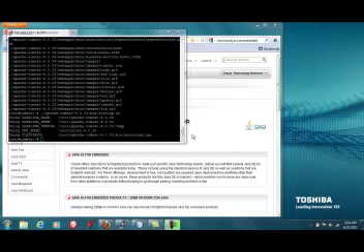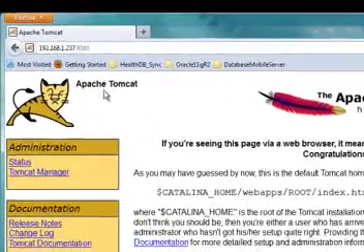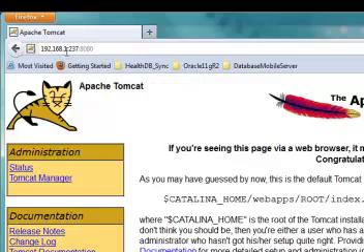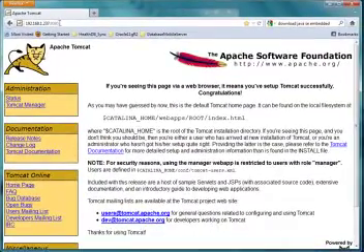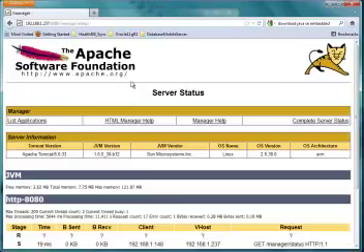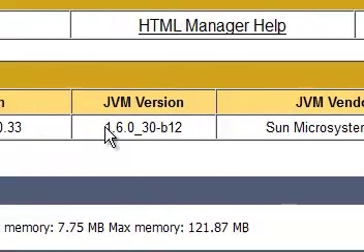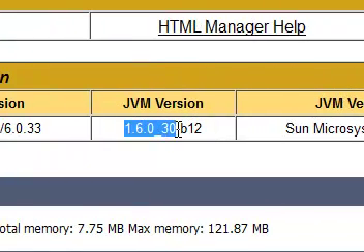With our web container installed, now we can access our data aggregator device from a standard web browser. We'll do that now at the address mentioned earlier, 192.168.1.237, and in this case at port 8080. What you see is the Apache Tomcat banner page show up. We can confirm that in fact we're running on our embedded device by taking a look at the OS architecture of it. You'll see here that it is ARM, not x86, and it's running that previously mentioned 1.6.0_30 version of